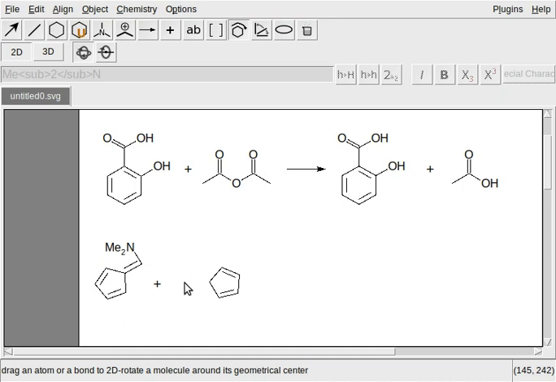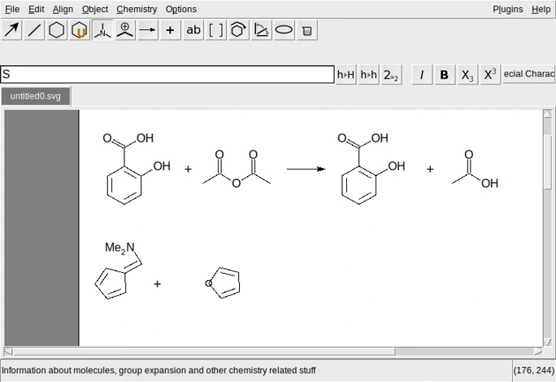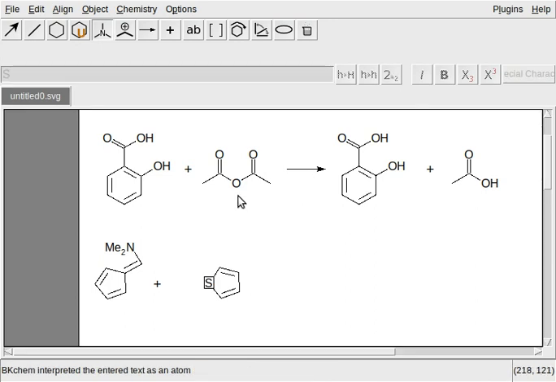This one. This corner atom was originally a carbon atom, but we need to convert it to a sulfur atom as per the structure given to us. So let's convert to sulfur atom. Sulfur, S. It's over.